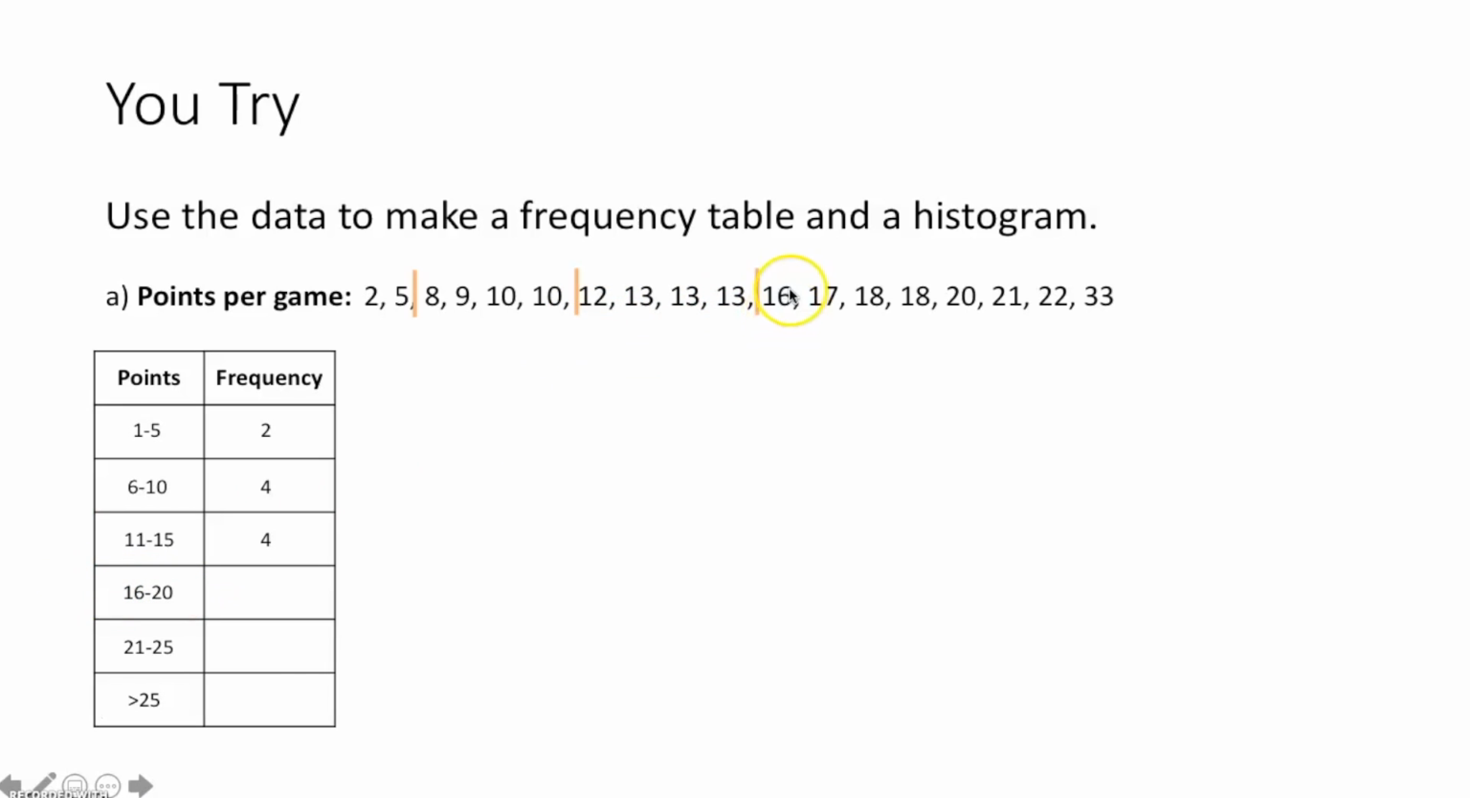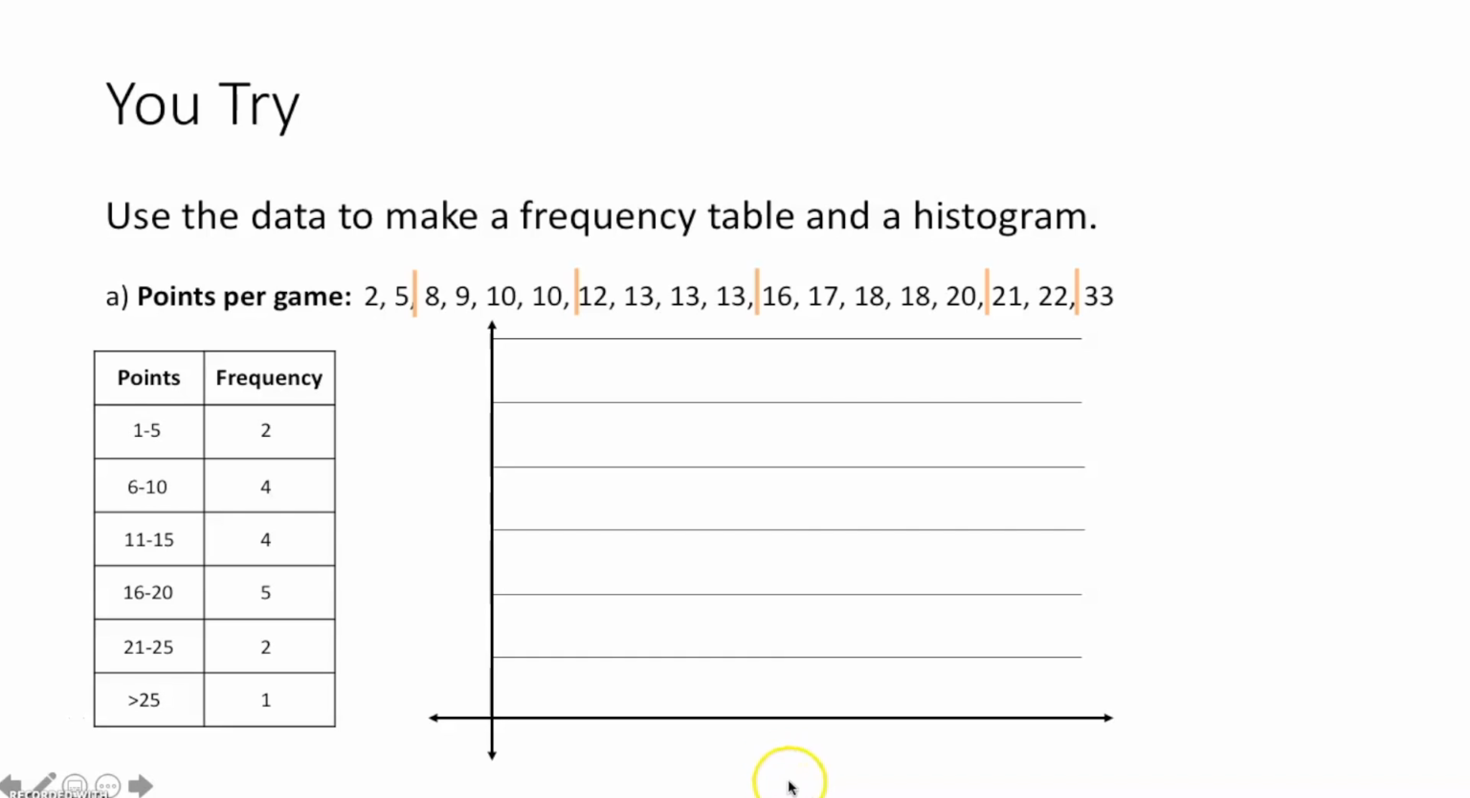16 to 20, yes, that's in, 17's in, 18's in, 18's in, 20 is also in, 21, not. So we'd have a frequency of 5. 21 to 25, 21 is in, 22 is in, 33 is not. And then anything bigger than 25, that's where that 33 comes in, so that would be a frequency of 1. Sweet! Now that we have finished making our frequency table, we can make our histogram,